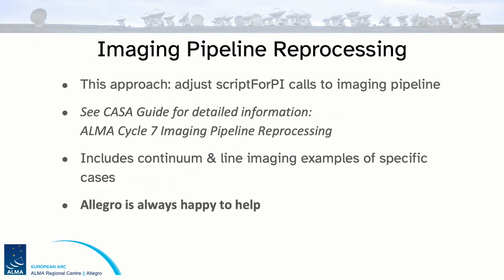in the archive. For some specific cases, you can adjust the imaging pipeline calls within the script for PI to adjust the output of the imaging pipeline yourself. So if you would like to know more about image pipeline reprocessing, take a look at the CASA guides online. The remainder of the talk is going to focus on the process of manually imaging data products, but regardless of whether you would like to do image pipeline reprocessing or manual imaging, please note that the Allegro team is always